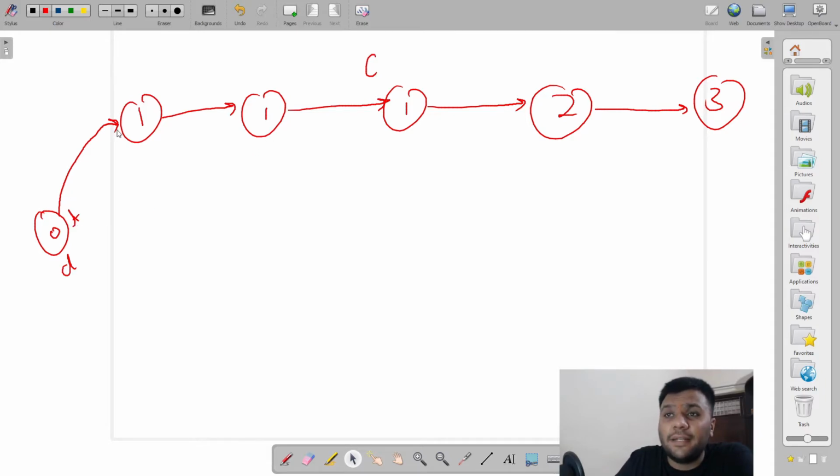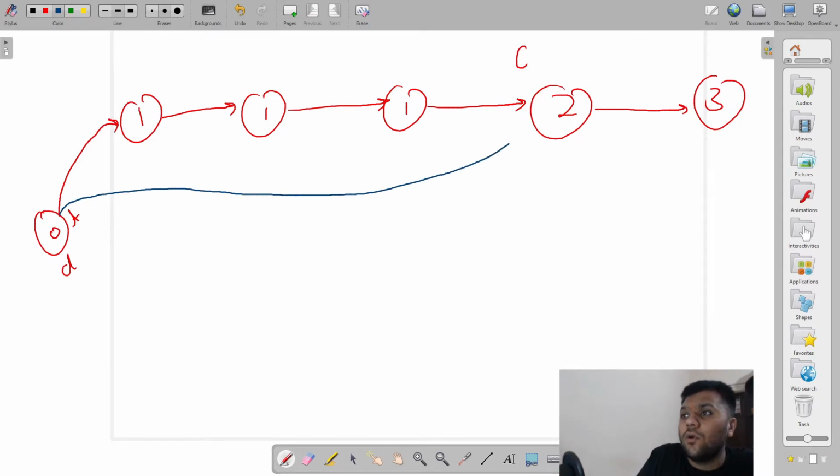It will still check, is my temp dot next equal to current? It will say yes, it is still equal to current. So my current will come over here. Now it will check, is my temp equal to my current? It will say no, now it's not equal to my current. So this temp will point over here. This is my temp dot next value pointing over here, and my current will come over here.